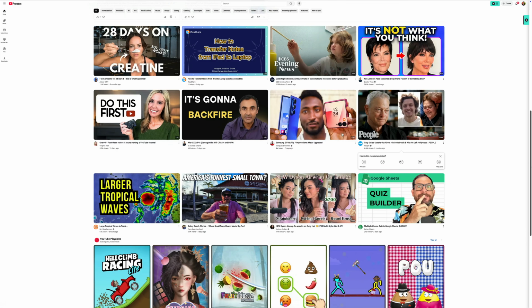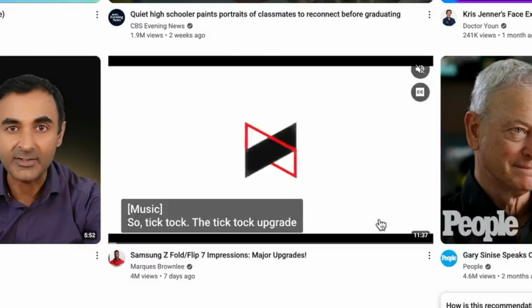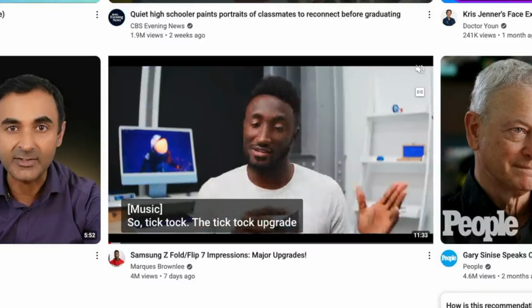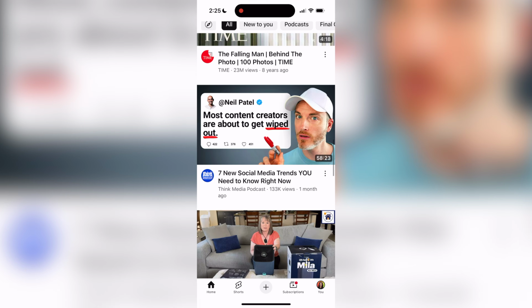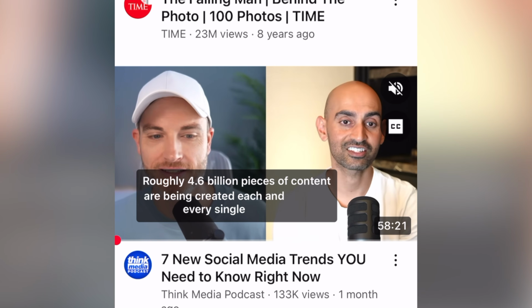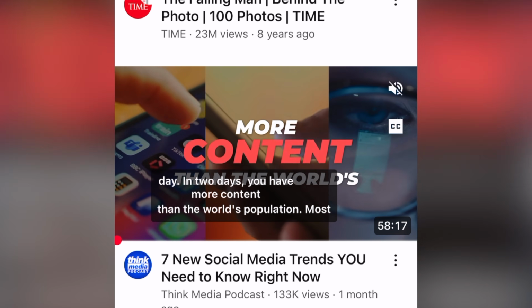Now, to really understand these concepts, I think it really helps to look at it from the user experience. Here on the desktop version, if I'm browsing all of these thumbnails and I spot one that catches my eye and I go to click on it, instantly the thumbnail disappears and I get a preview of that video with captions. The mobile app works very much the same way. If I stop scrolling when I see a thumbnail that catches my interest, the thumbnail disappears and I get a preview of the video again with captions.